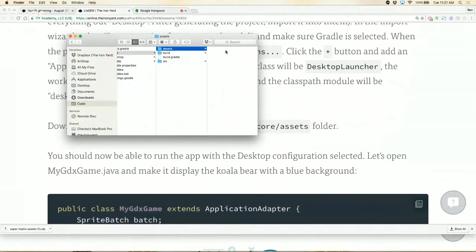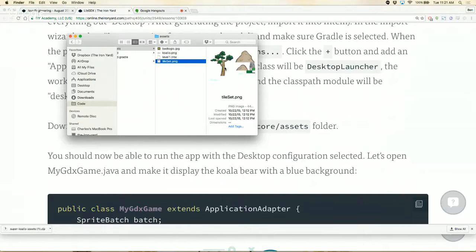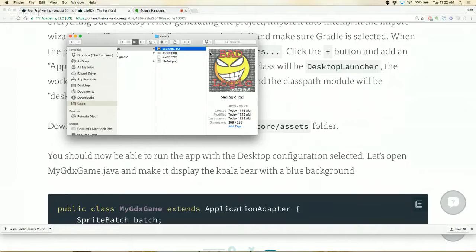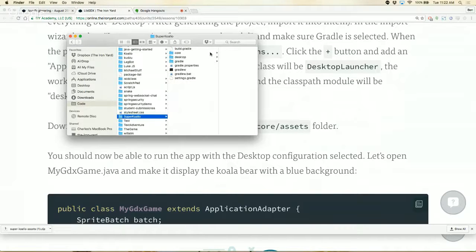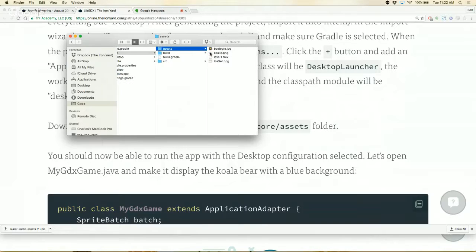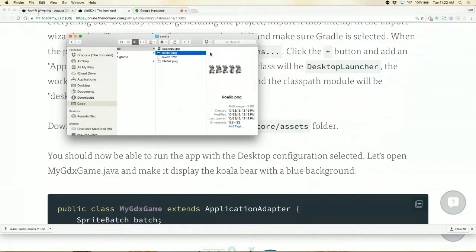So core, assets, paste. Just select them all? Command A, yeah. The bad logic stuff. Copied all these into the assets folder inside Super Qualio. What is the project root? That's the level folder that is in our project. And then inside core and then assets, we have our